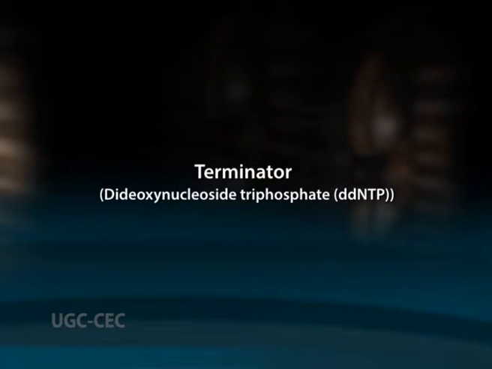Catalytic polymerization of deoxynucleoside triphosphates onto the DNA occurs with the help of DNA polymerases. The polymerization was extended until the enzyme incorporated a modified nucleoside known as a terminator, or dideoxynucleoside triphosphate, or ddNTP,